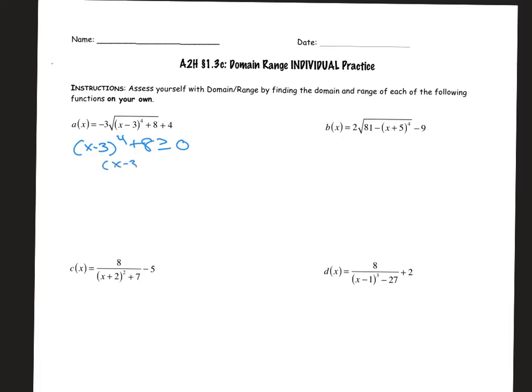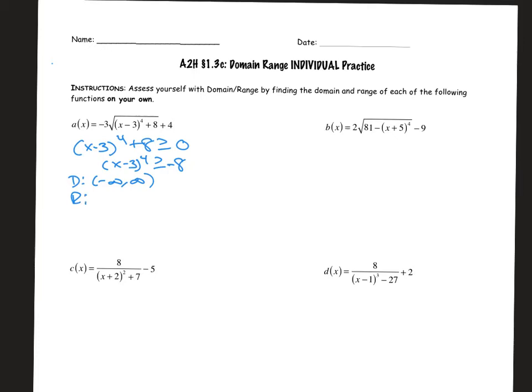Or (x minus 3) to the fourth to be greater than or equal to negative 8, which is always the case because something to an even power is always going to be 0 or positive, which means I can put anything in for x here. So the domain is all reals, no restriction there. Okay, so for the range,